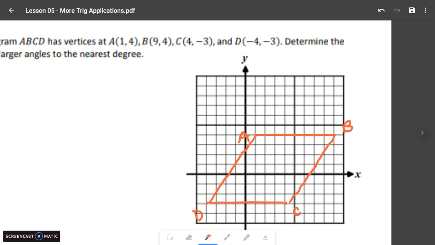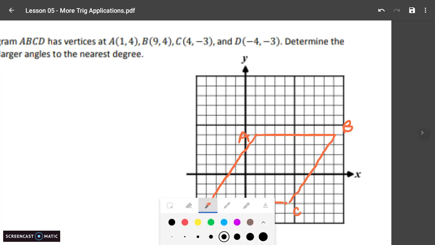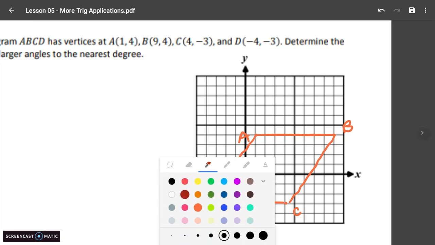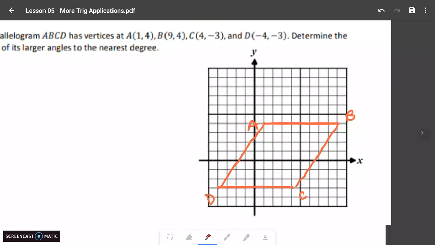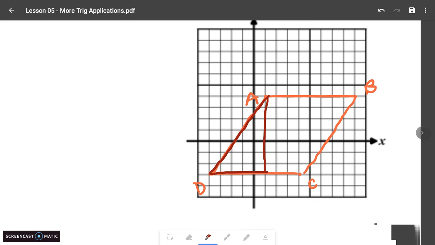Now, we can't find an angle measure from anything with coordinate geometry or anything from the graph, but you may recall here what we've been doing recently is working with trig. So we're going to be working with the right triangle here. Now, we have to make a right triangle somehow. So I'm going to draw in here an altitude because it's from one side to the other. It's the height, and I'm going to make this the right triangle that we're dealing with,